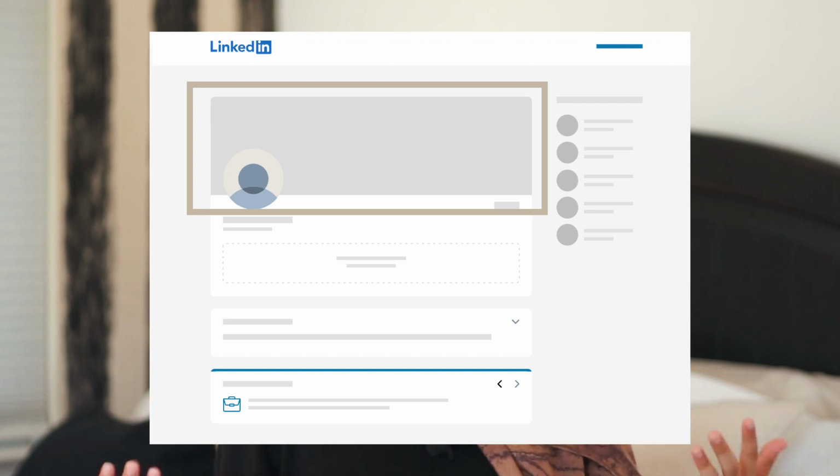Two, background photo. It is the banner, not the headshot I'm talking about. Honestly, it's crazy how much people underutilize this entire visual space. It is that background behind your headshot that allows you to visually communicate what your headline is saying. It is one of the most prominent images on your entire profile. It allows you to showcase your own personal and professional brand regarding, like I said, those buzzwords I mentioned, industry, market, whatever it might be. Think of it as your hero image of your entire brand. Optimize this section to present your professional self.